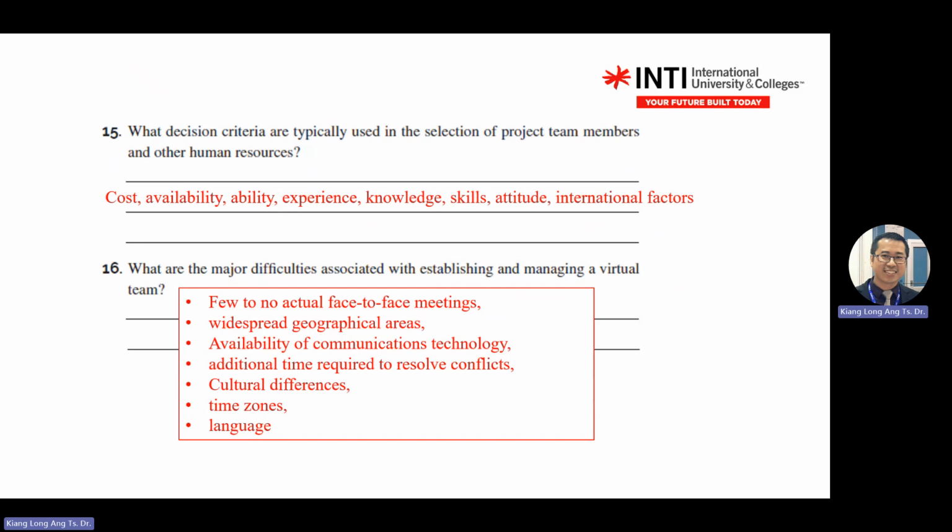Communication technologies also. Some countries don't have 5G. Maybe they only have 4G minimum. Then when you talk, you cannot open your video. Once you open video, everything hangs. Or you cannot do presentation. When you present or when you play video over the virtual meetings, everything hangs. Okay.